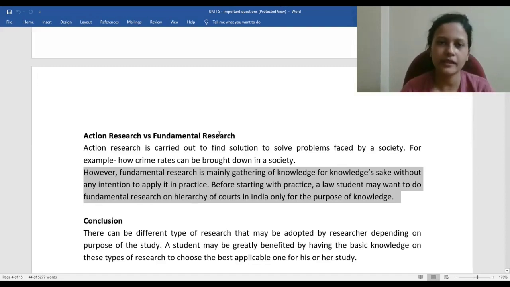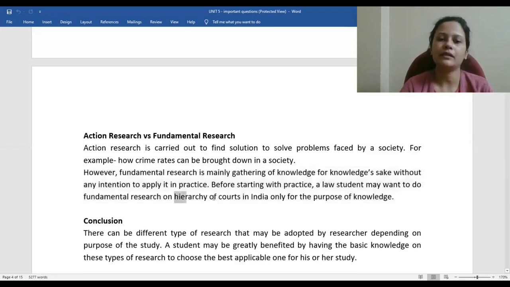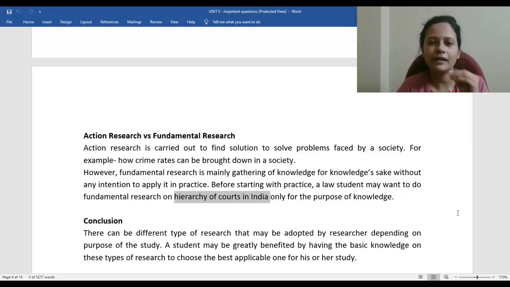So when you are given such a topic, it will be to strengthen your fundamental knowledge because you have joined the course now. Someone might be given a topic on the hierarchy of courts in India. Someone might be given a topic on the process of criminal trial in India, how a civil suit is initiated. All those are nothing but fundamental knowledge. That is nothing but fundamental research. Mainly, we want to develop or strengthen our own basic or fundamental knowledge over here.